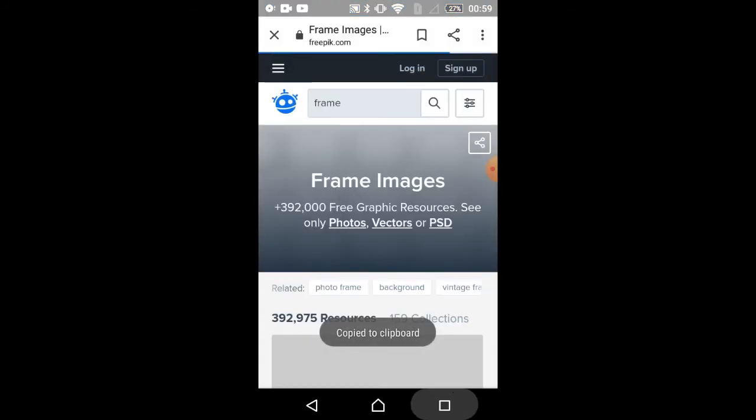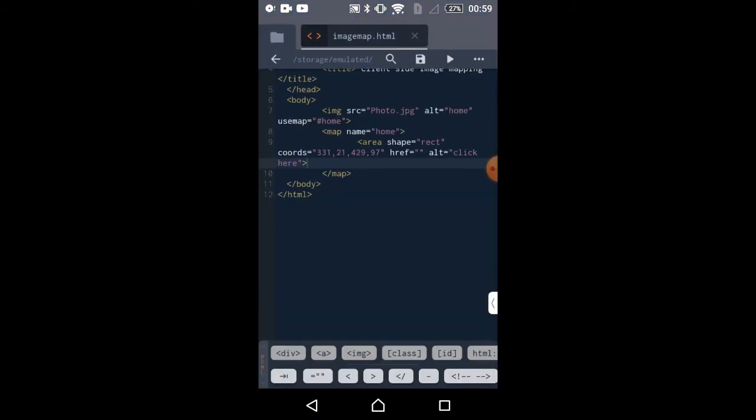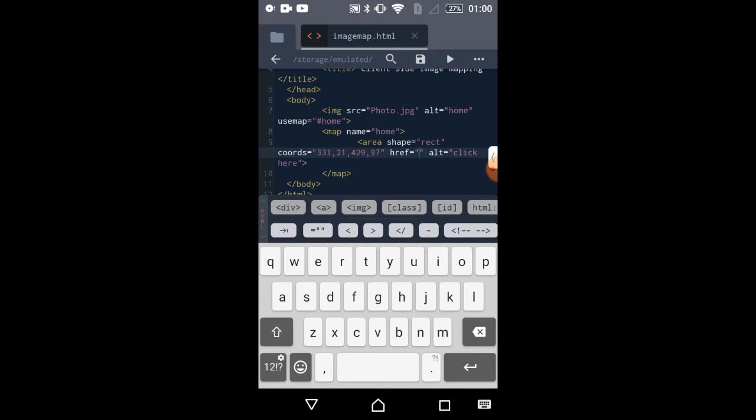After that, I'm opening the editor again. Put the editor in the background only, as I've not saved the web page till now. If you are going back and you are not putting that in background, just save it before you go back. After that, I'm just pasting it.